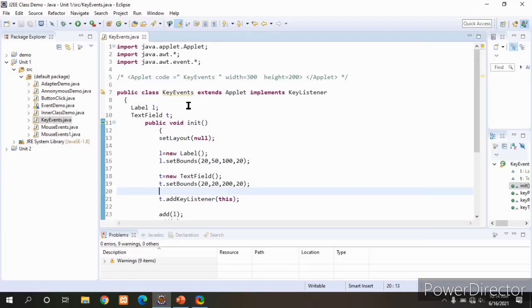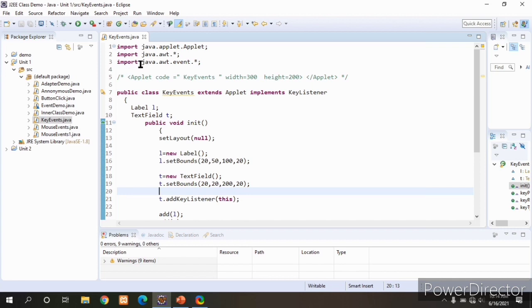This is the program which will handle the key events. First we are importing the java.applet.Applet package, because we are extending the Applet class. Next we are importing java.awt.*, which will provide the classes and interfaces necessary to create the GUI or user interface.